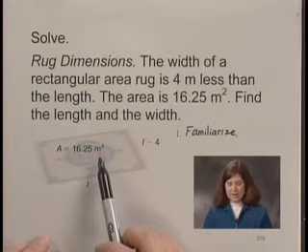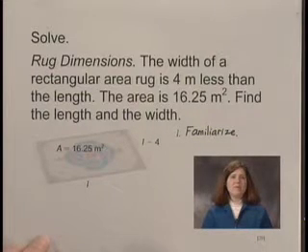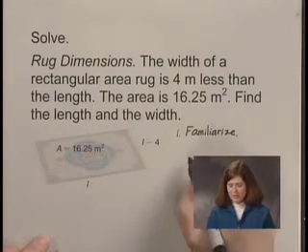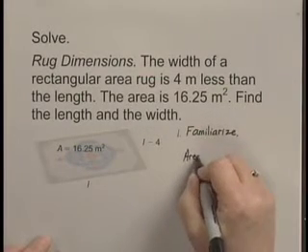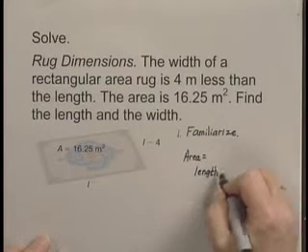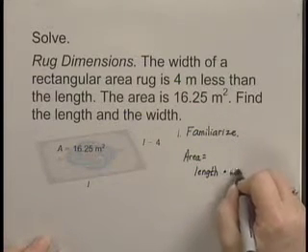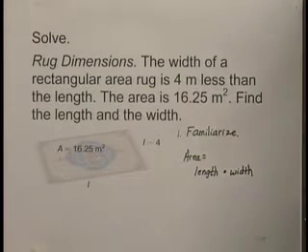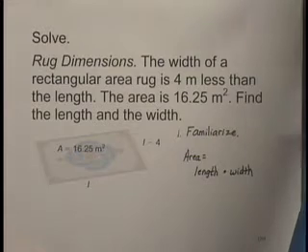The area is labeled, and the only thing left that we might need to look up if we've forgotten is the formula for the area of a rectangle. The area of a rectangle is the length times the width. Once we've done this, we're ready to go to our next step, and our next step is to translate the